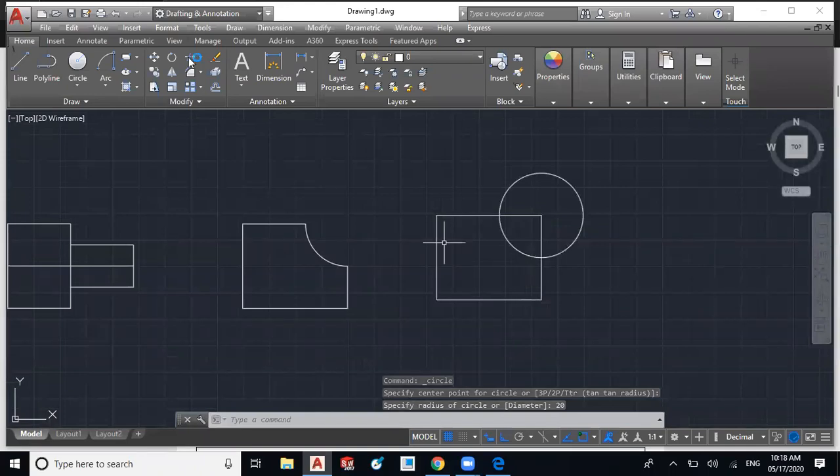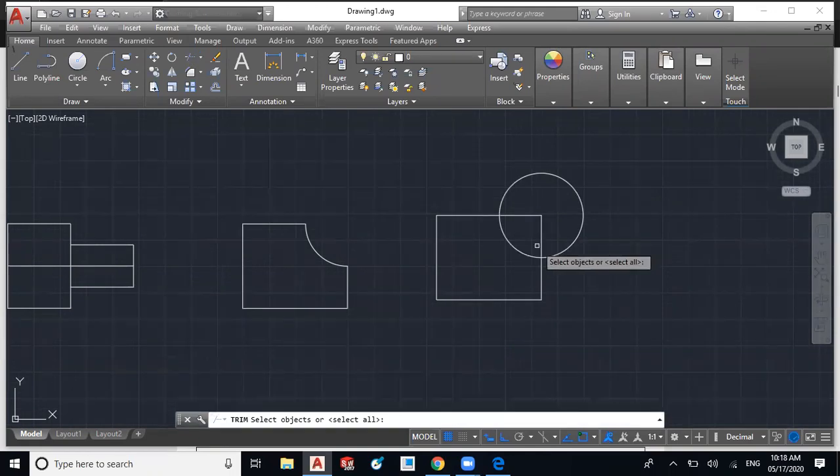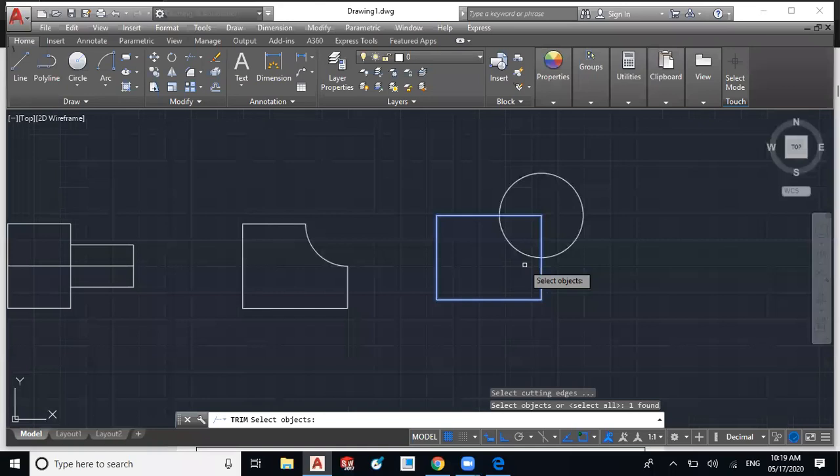Now we have to use the trim command. So select trim, select the cutting edges of the unwanted part. In this drawing, we have an unwanted part of the circle and an unwanted part of the edges of the rectangle. For the circle, the cutting edge is the rectangle, and for the rectangle, the cutting edge is the circle.